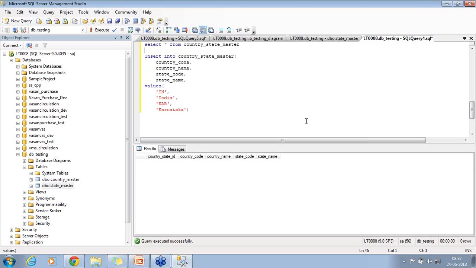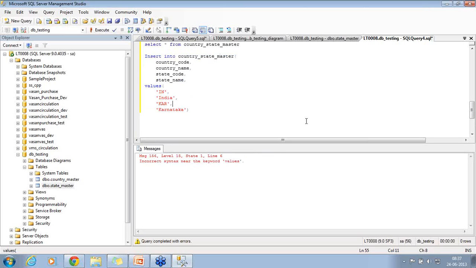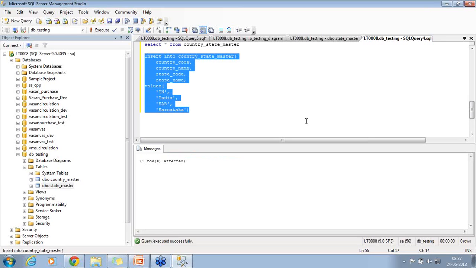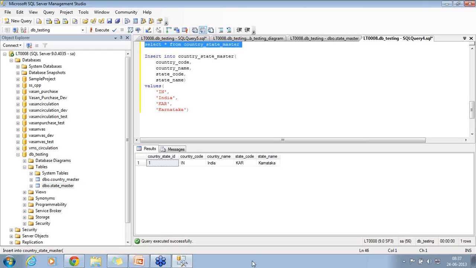So this way I can create any number of records. This is also allowed. I created a record now: country state ID, country code, country name, state code, state name. It is done. But if I create one more record, for example Delhi, each record is independent.